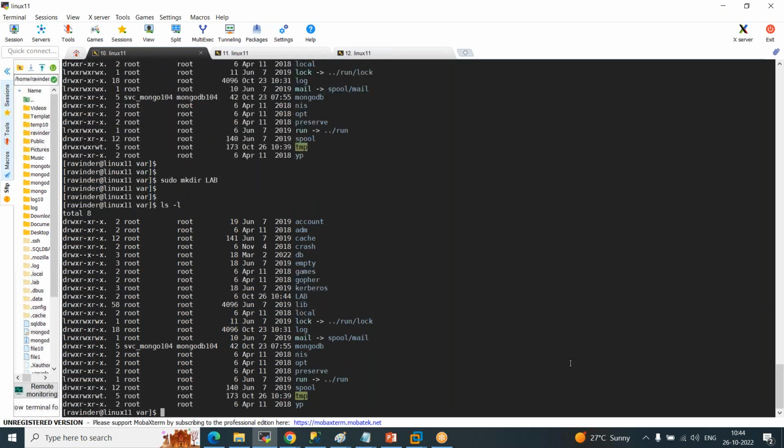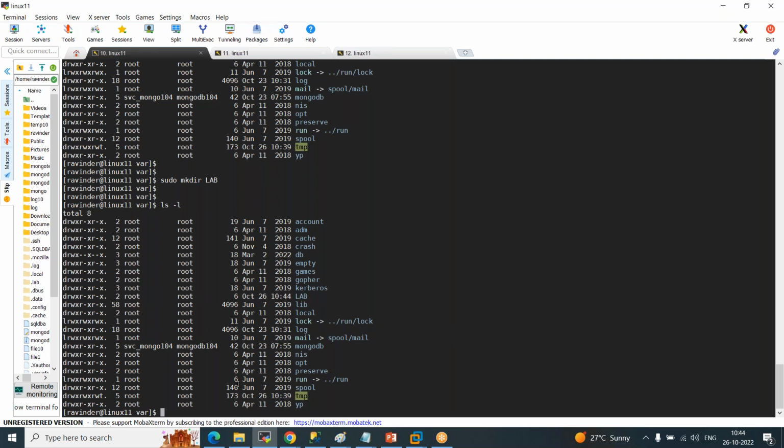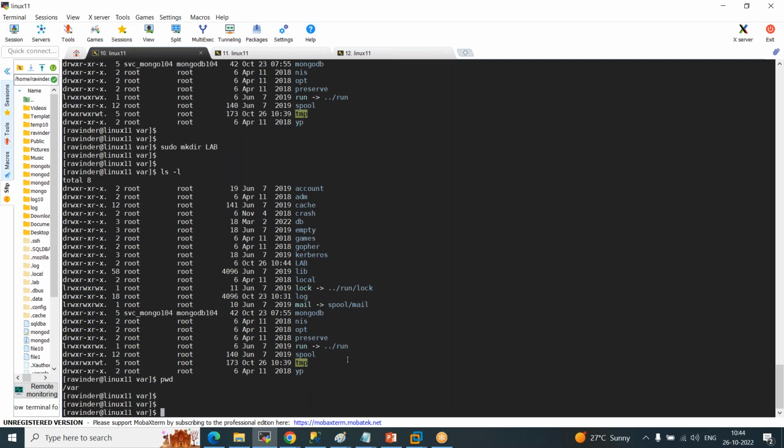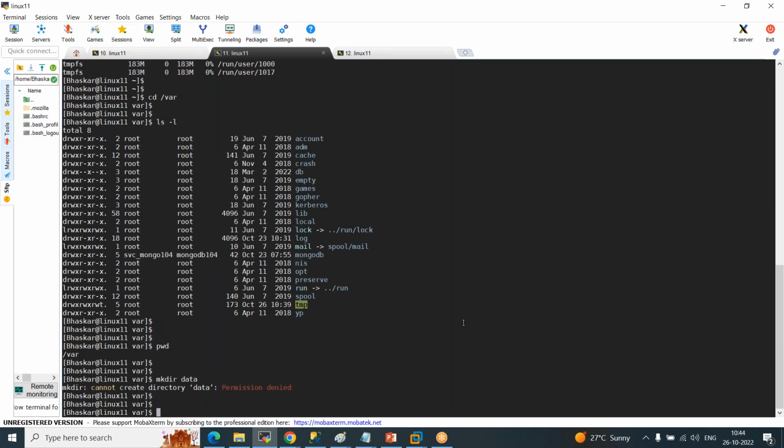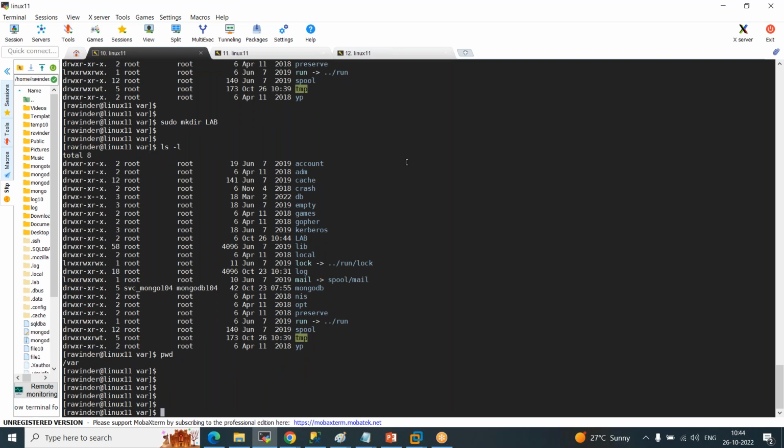So now you can see that the lab directory got created. Though I'm out of my home directory, I can create it because I'm the sudo user. If I wanted this person also to be able to create anywhere, we should make him a sudo user, but we don't make everyone a sudo user. In real time, developers need not be sudo users. They can connect and only manage the folders where they need to, on the servers, not entirely. So now what I wanted to talk about here is, guys, if I go to